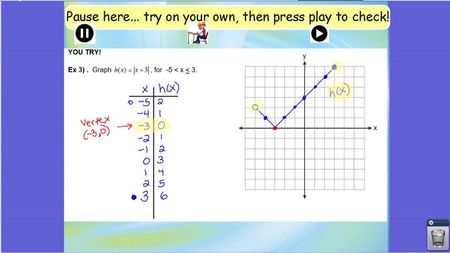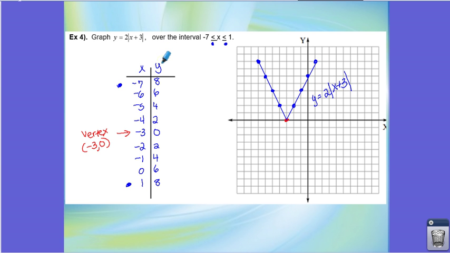For example 4, make sure that you titled your graph, your xy chart, with x and y. Make sure you have a shaded circle on either end, and make sure you labeled your picture. The vertex happens to be in the center for this one because the pattern surrounds the negative 3 comma 0,